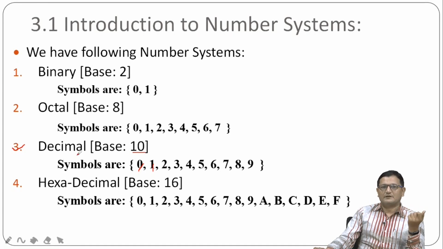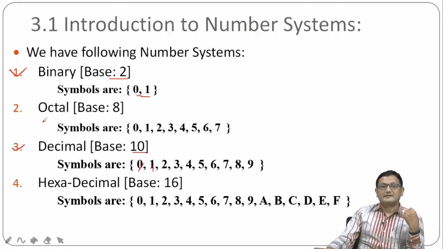Okay, so this is what we humans are using, a decimal number system, in our day to day life. But in the previous session we have discussed that machine cannot understand all these things. Machine can understand what? Only one language, and that language has 2 symbols. So that language which has 2 symbols is called binary, right? So binary, the base of the binary numbering system is what? 2. Why 2? Because in the binary numbering system there are only 2 symbols allowed, one is 0 and another one is 1, right? So binary is a numbering system whose base is 2 because it uses only 2 symbols, 1 and 0,